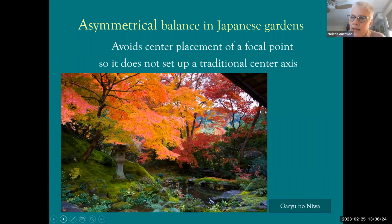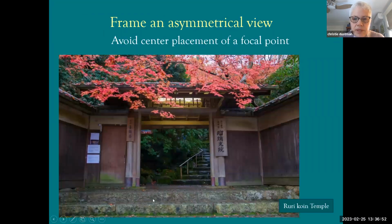So asymmetrical balance in Japanese gardens, they avoid the center placement of a focal point. So we don't set up a traditional center axis. You can see if you look at the center of this photo, there's things happening on one side, things happening on the other side, and they balance each other out, but they are not the same. And they frame